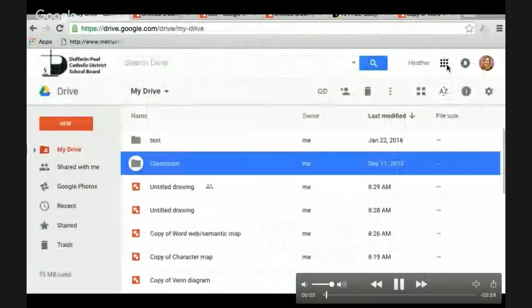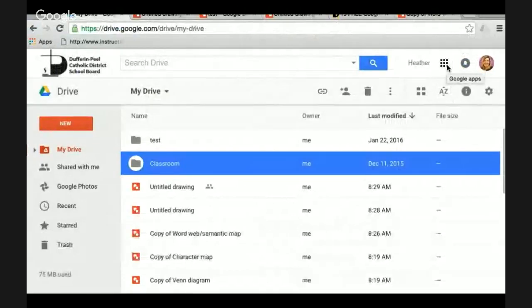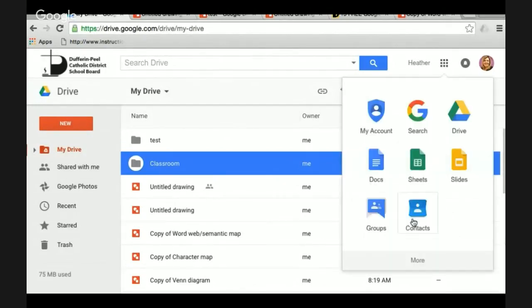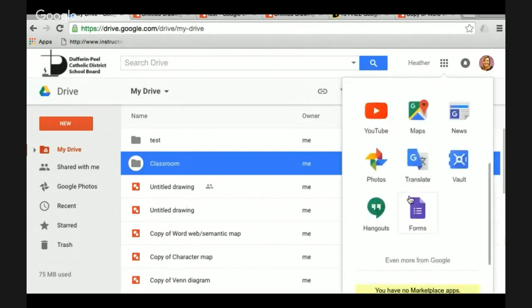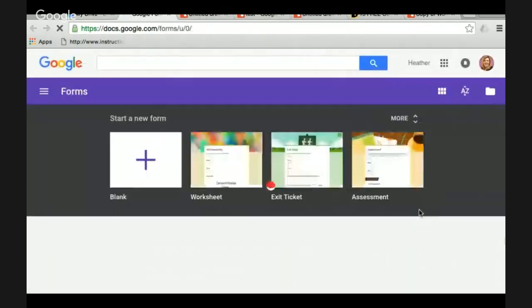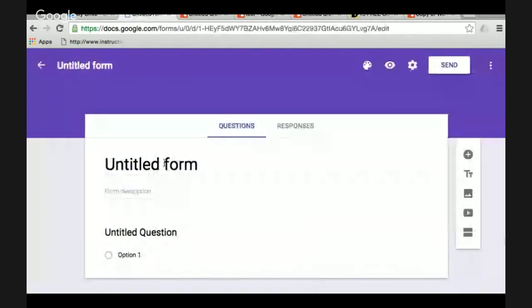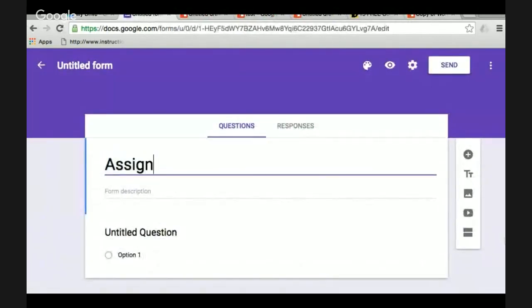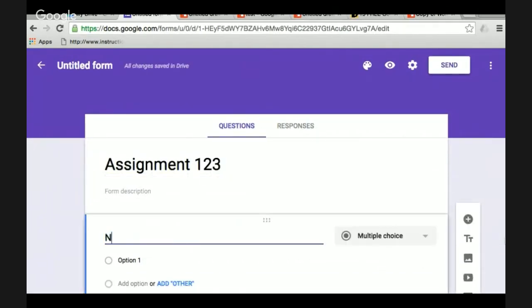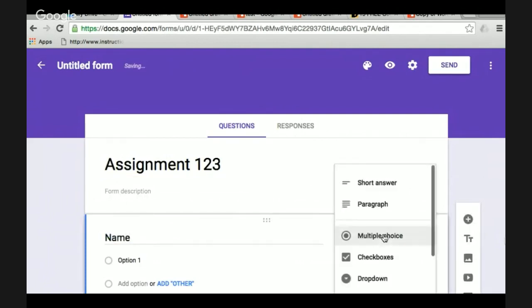I'd like to share with you just a quick way that you can share files back and forth with your students. So you do have the ability to share it through their EDUC account by clicking on share and typing that in. Another option would be to come into Google Forms and to go ahead and start a new form. What you can do is actually create a Google Form for submission. So you might say things like, the first question is going to be your name,